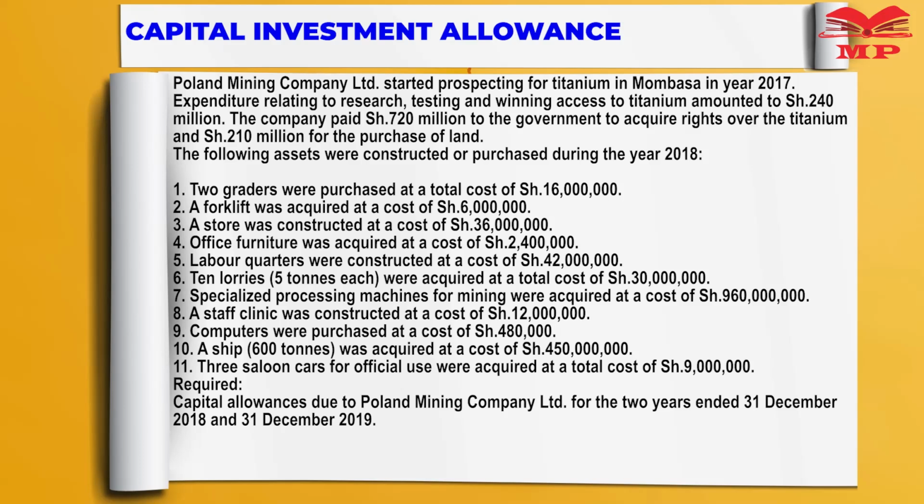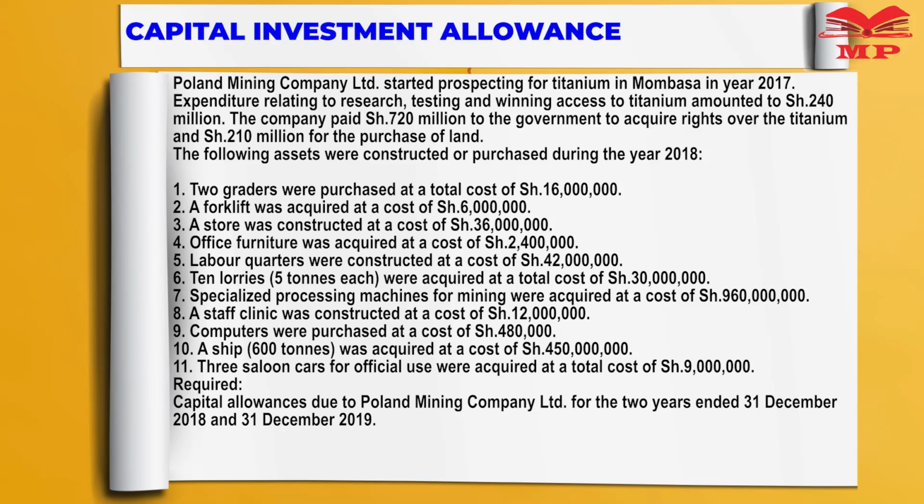Computers were purchased at a cost of 480. Ships 600 tons was acquired at a cost of 450 million. 3 saloon cars for official use were acquired at a total cost of 9 million. So we are required to compute capital allowances due to Poland Mining Company Limited for 2 years ended 31st